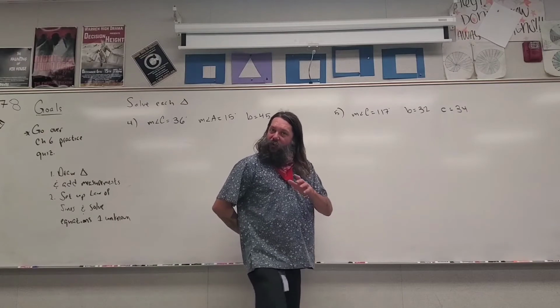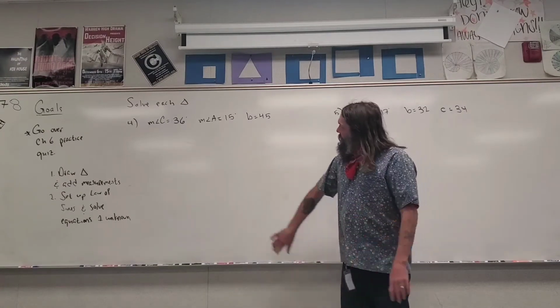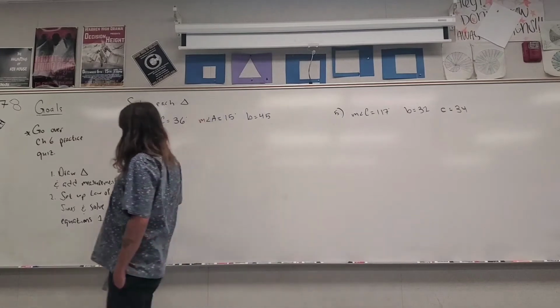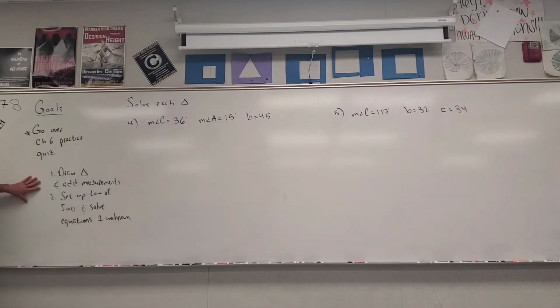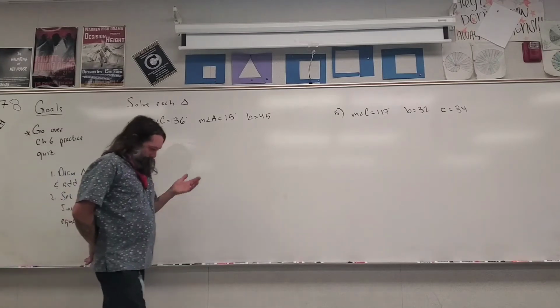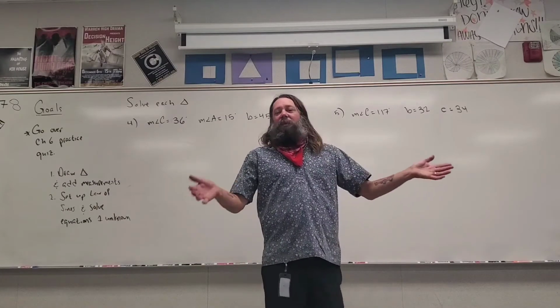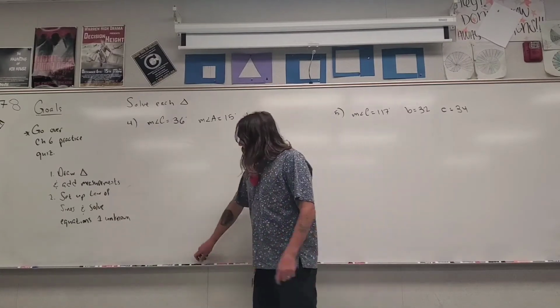I'm back, so let's go ahead and finish this practice quiz. We have problem 4 and problem 5, and the directions are to solve each triangle. I wrote down a couple steps: draw a triangle, add the measurements, and then set up the law of sines and solve equations with one unknown. The reason I'd like you to draw the triangle is so you know what you have and what you're missing. So I'm just going to draw